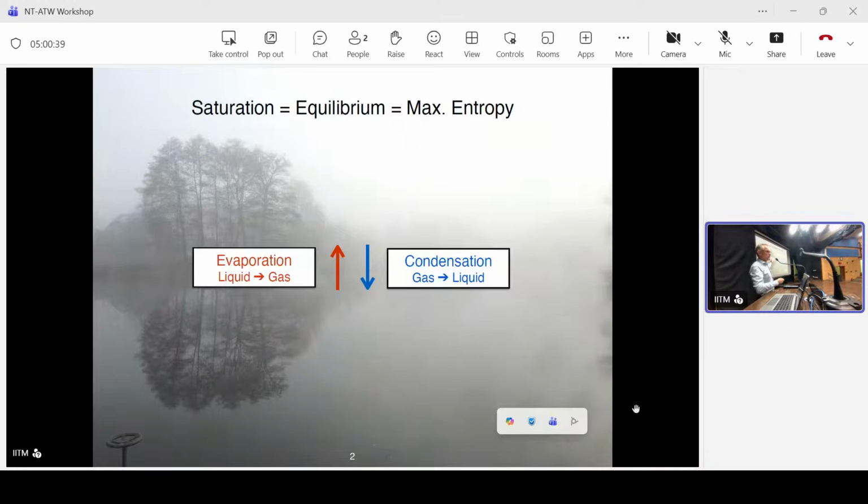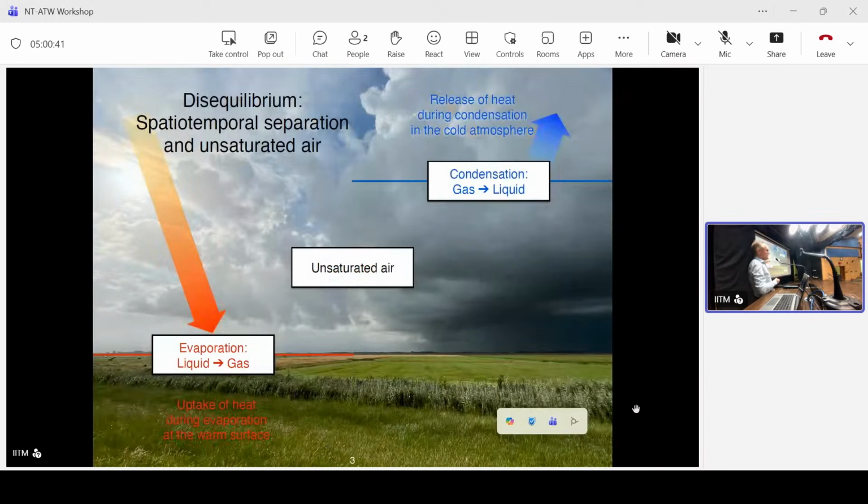This is the hydrological cycle. This is this picture here. I like having pictures in my talks. This is at the Danish border. This here is Germany, there's a ditch, and this is Denmark. And you have very dramatic sunlight here and you have a thunderstorm cloud there. For me, this is my key picture for the hydrological cycle, because it has the